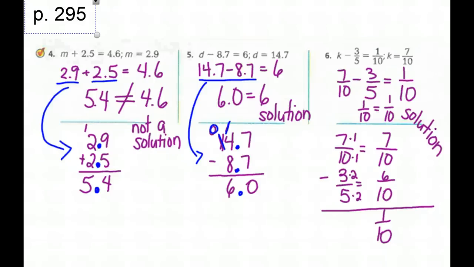And number 6, hopefully you remembered that when you plug 7/10 in for k, you don't have common denominators. So in the past you've learned it is easier to go vertical again, and then you have to find the common denominators, which would be 10, and then you have to convert the 3/5 into 6/10 by multiplying by 2, and then 7/10 just stays 7/10. And then remember it's subtraction, so 7